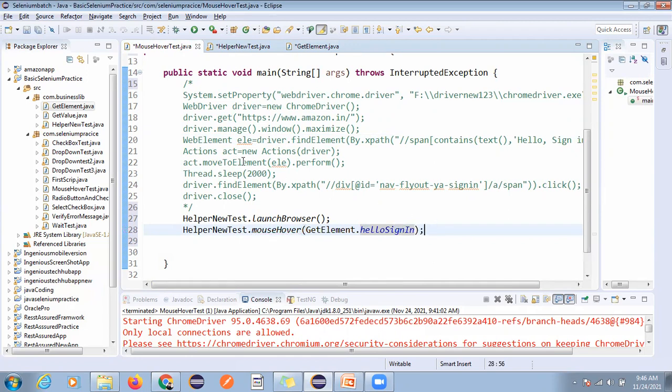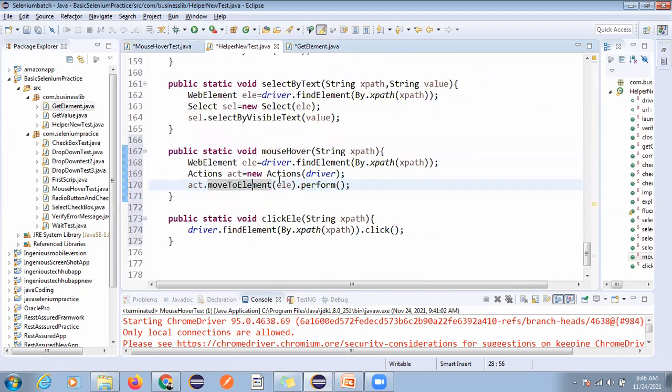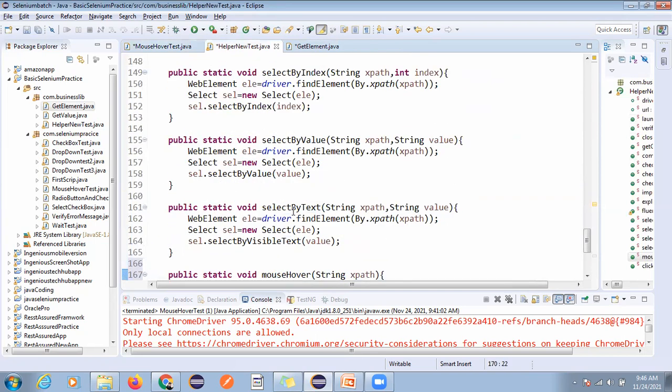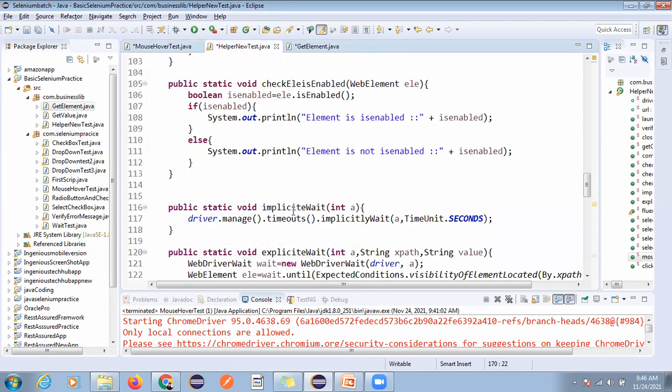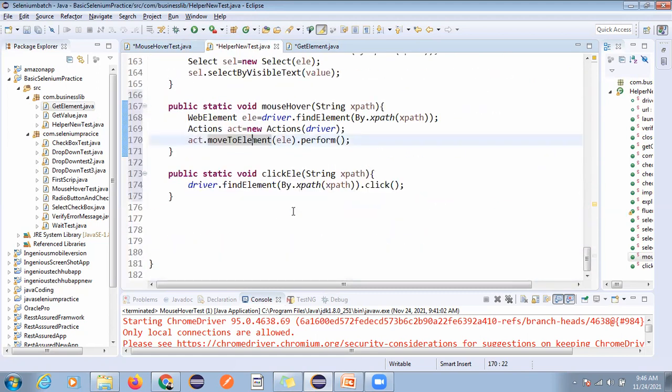Another step. This one I have done, and Thread dot sleep. Do we have any method for Thread dot sleep? We haven't created one, right? So you can create one more method here: public static void wait ele.